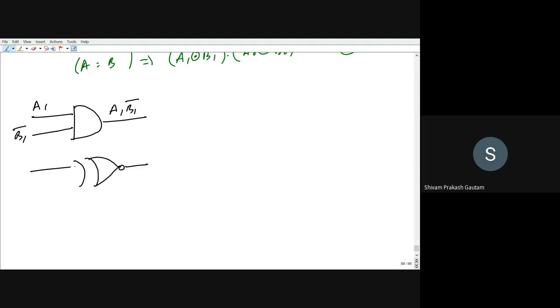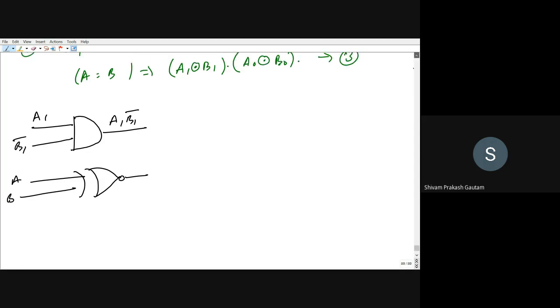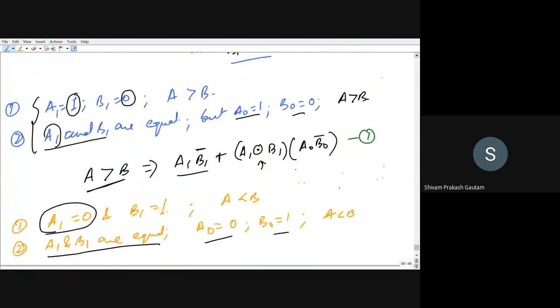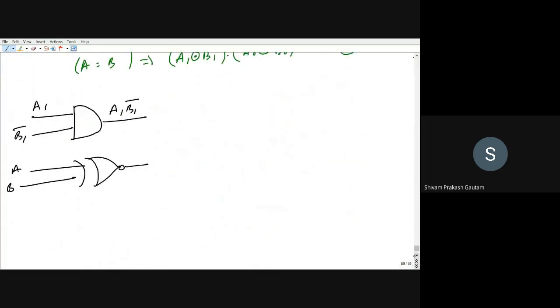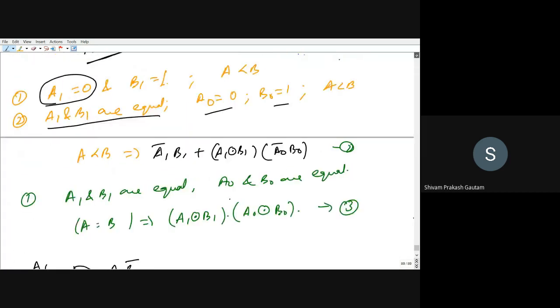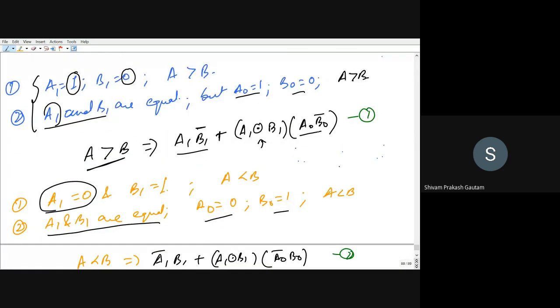This is XNOR. Our input is A, B. So A1 XNOR B1, and we are having A0 and B0 bar. So we are having A0, B0 bar. You can see A0 and B0 bar and multiplied by A1 XNOR B1.